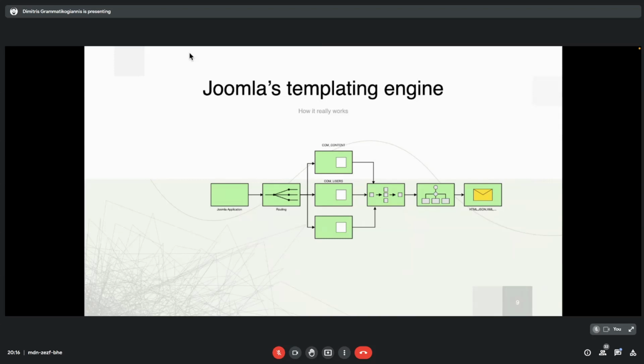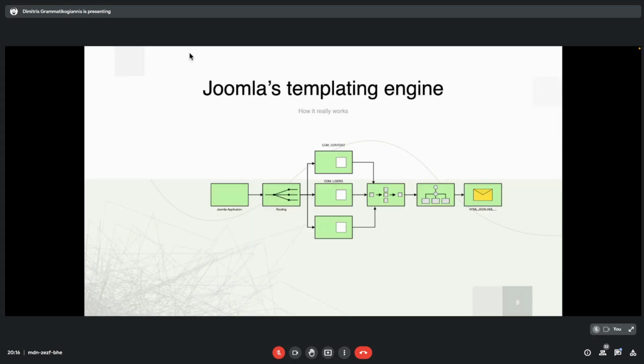So PHP will bootstrap Joomla. By saying bootstrap, it means that Joomla will start executing by reading a lot of files, libraries, and stuff like that. Joomla itself has a life cycle, and as it progresses, as it executes code, it will reach one very significant point of the code, which is the routing. The routing is very important because what it does basically is